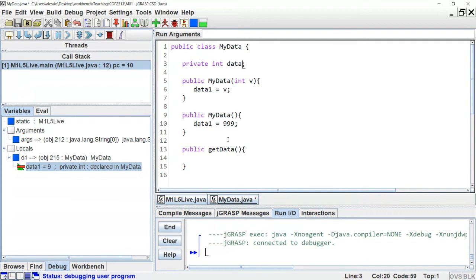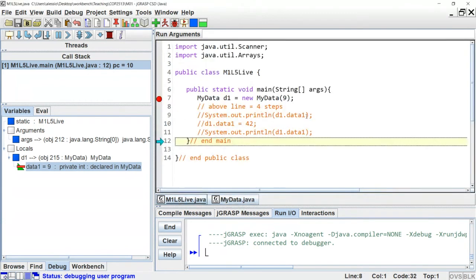So I really don't need to call it data1. I'm going to just call it data, okay? So data equal v, data equal 999, get data, returns data, okay? And I'm going to update my main as well. So every time I was using data1 here, I'm going to use data. Okay, so now what I'm trying to do is I'm trying to allow myself to do this, to read the